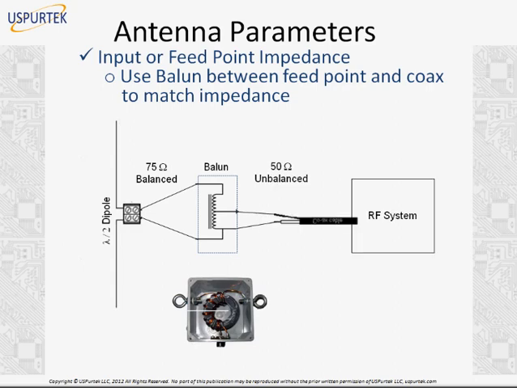So how do we match impedance between the antenna and the RF system? We use a device called a balun, or balanced-unbalanced. This is typically a few coils wound around a ferrite core, and the construction is shown on the slide. It is used to balance the 75 ohms on the half wave dipole to the 50 ohms unbalanced on